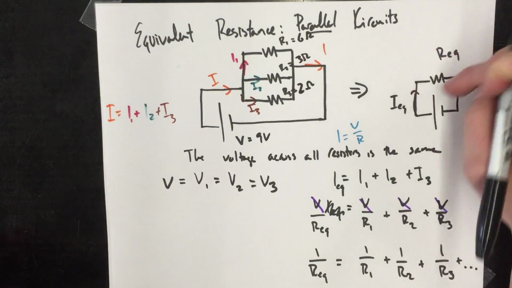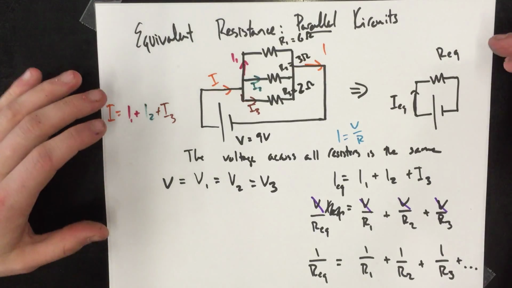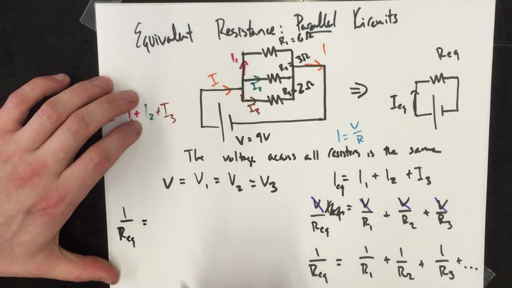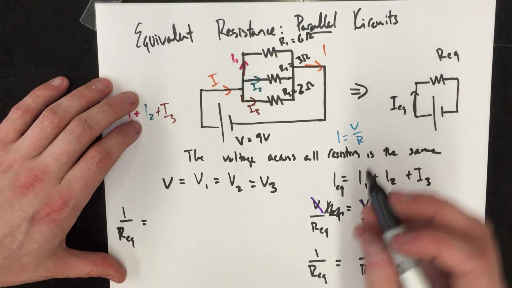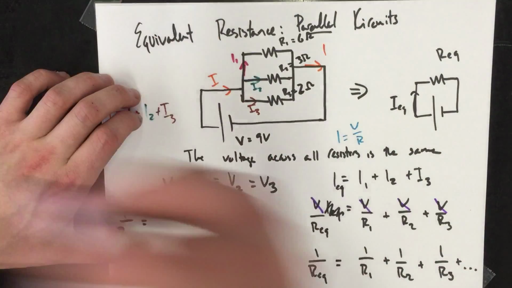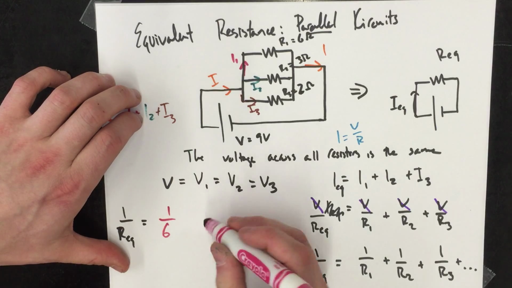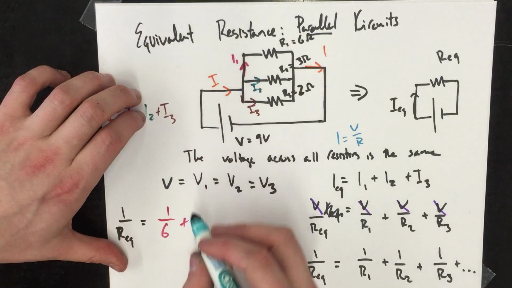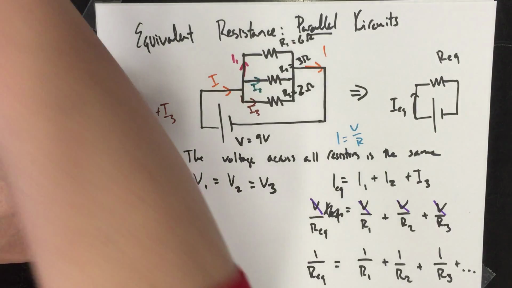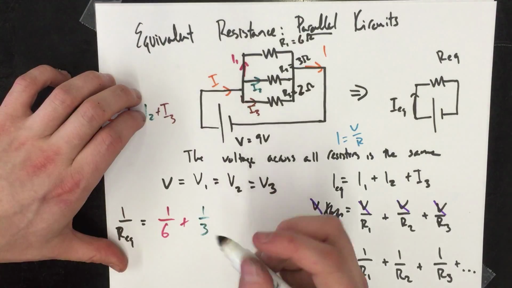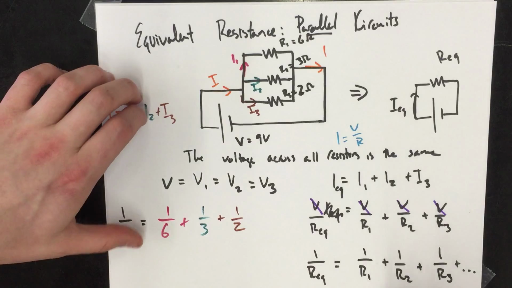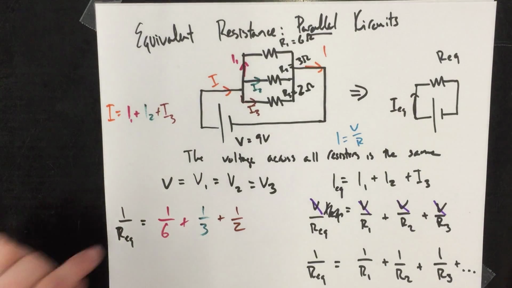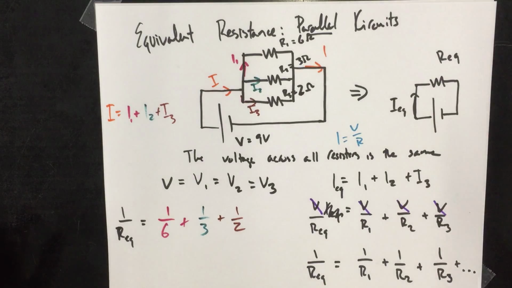So if I want to figure out what this equivalent resistance would be, I could say 1 over R equivalent is, let me continue with the color coding, 1 over 6 plus 1 over 3 plus 1 over 2. Now you add up all of those terms, and then you would get